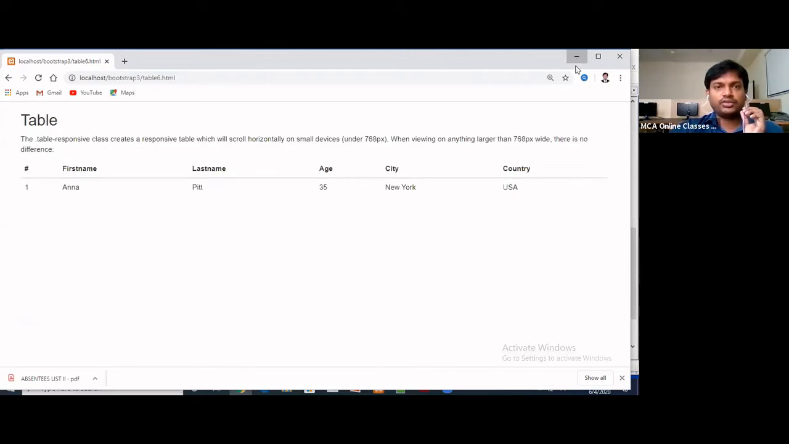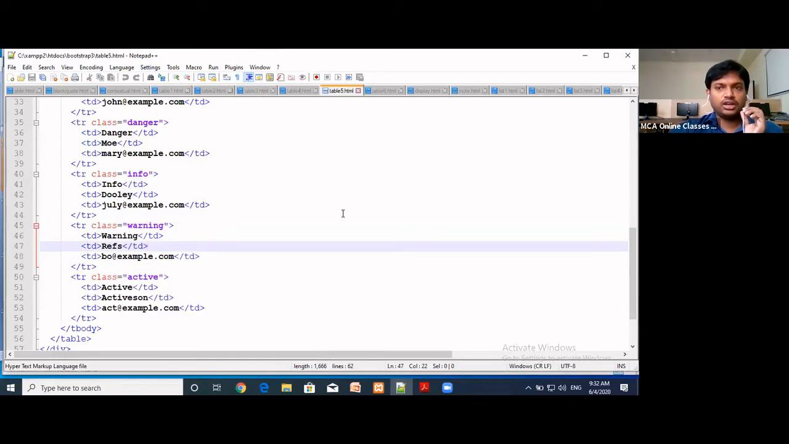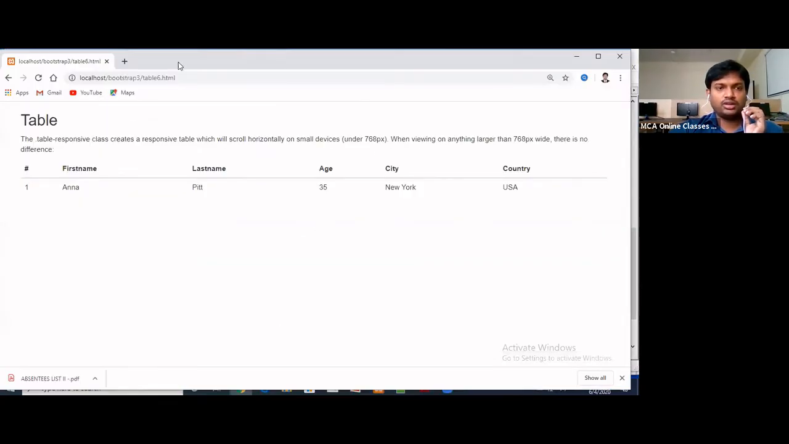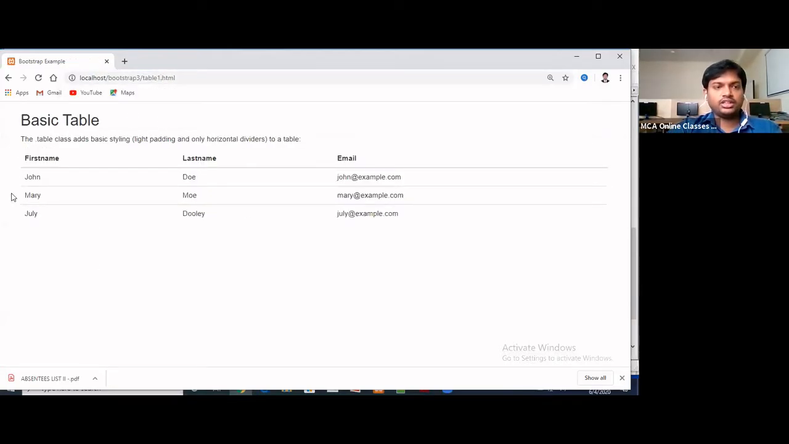So these are the different types of tables we can use in our Bootstrap. What are the different types of tables? The first one is the basic table. There will be no border, and it provides a light padding. This is the basic table. Next we have